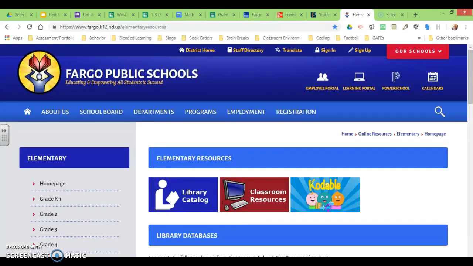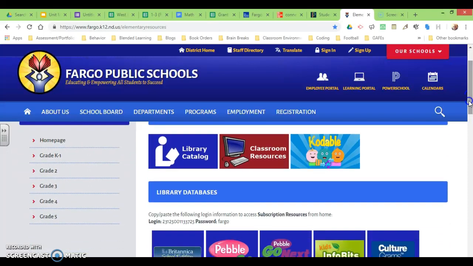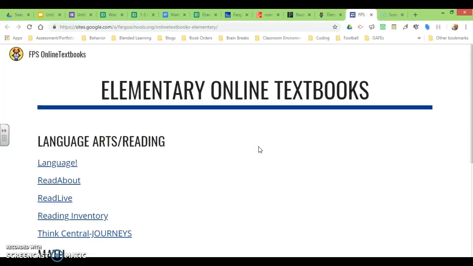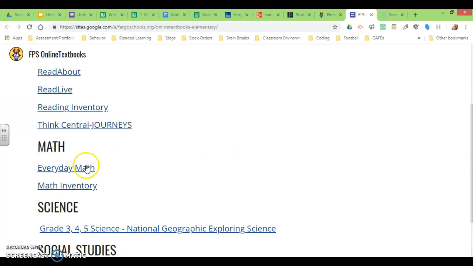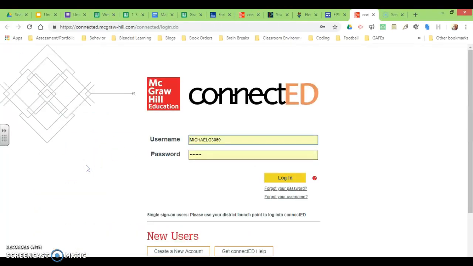So you're going to be on the elementary resources page like this. Click the home button if you need to. Go to classroom resources. Because we're in math, you're going to go to math. Go to everyday math. And then what I'm going to do is I'm going to show you what it looks like when you get